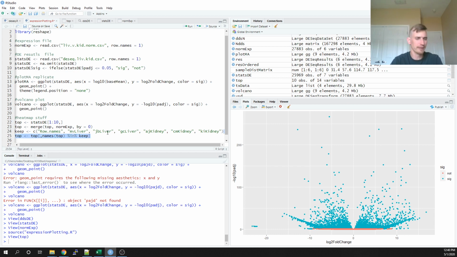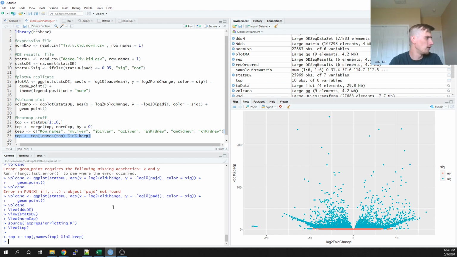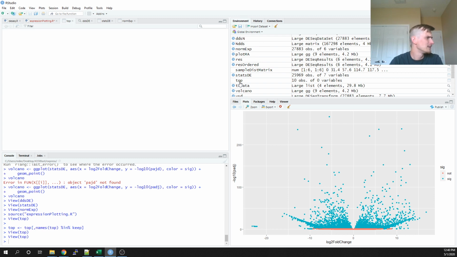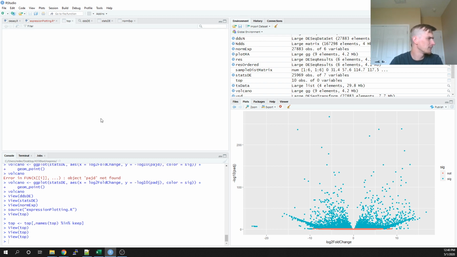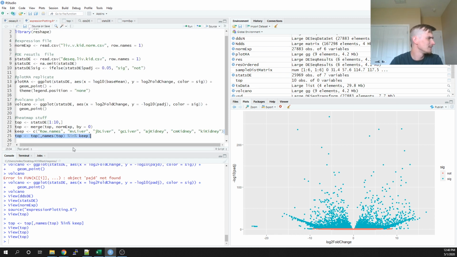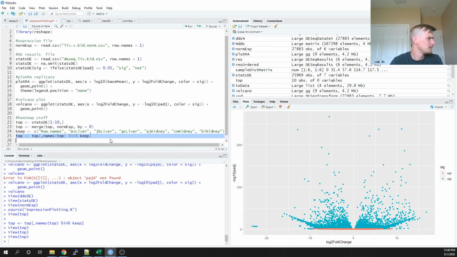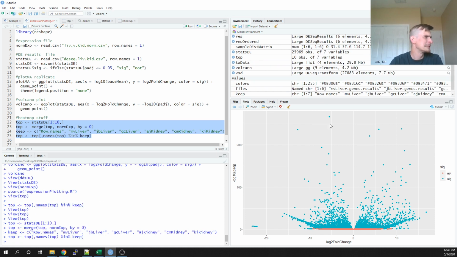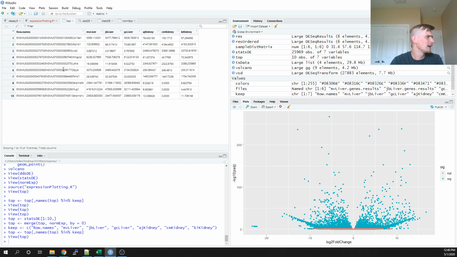And if I do this command, that should get rid of all of this stuff that I don't want. So if I look at top again, something has gone wrong. Something has definitely gone wrong. Let me do all this stuff again. Maybe I can get all this stuff. Yeah, that's fine. Okay, so all the other junk columns that I didn't want are gone, and now I just have the column names that I want,